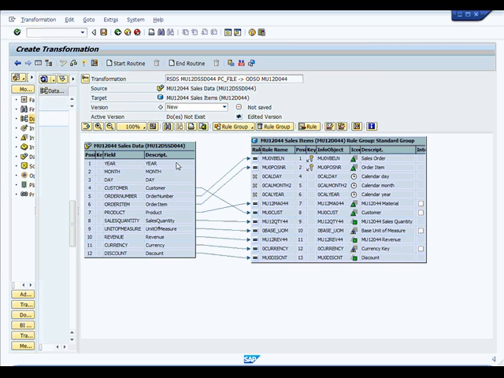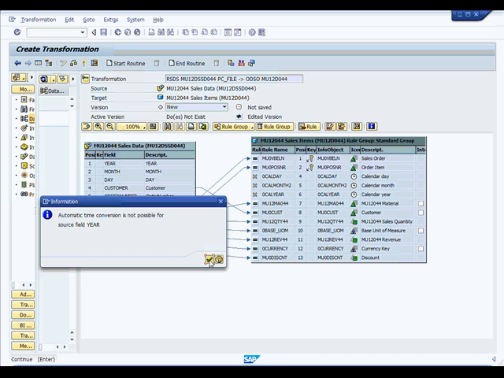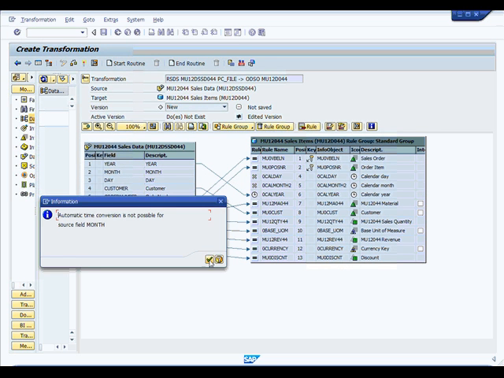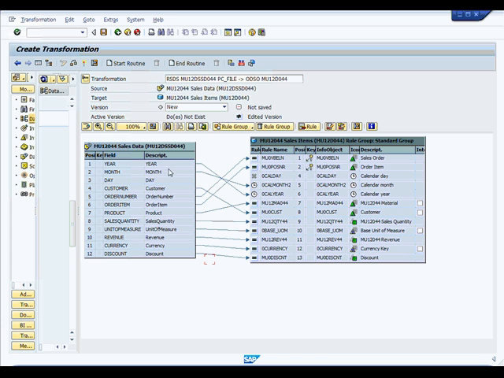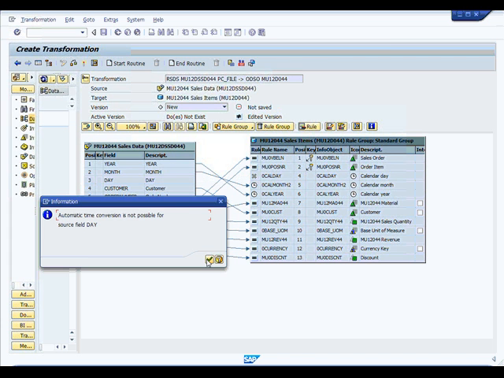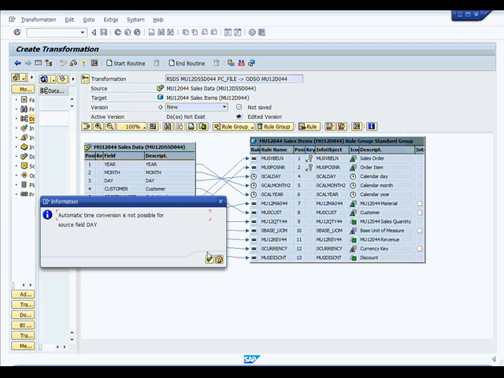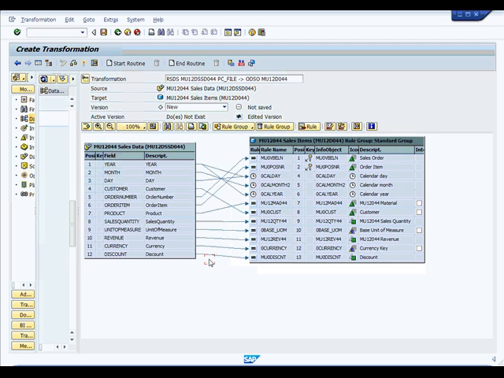So we'll do them again one by one. Start by creating a link between year and year, month and month, and day and day. Then make a year to the day and month,